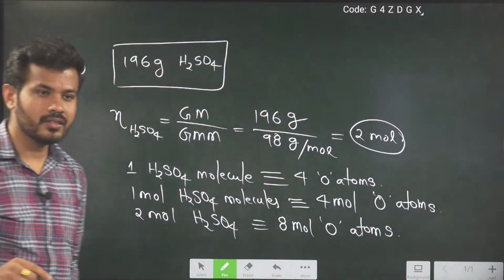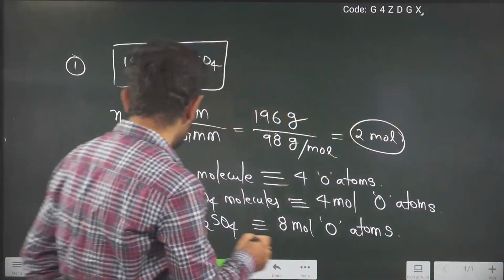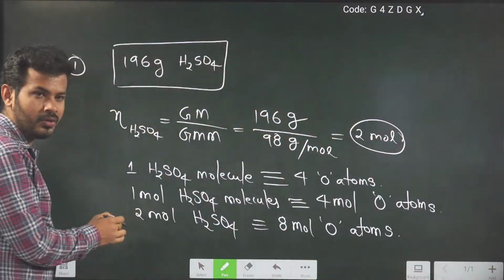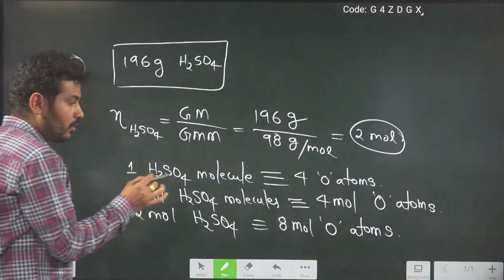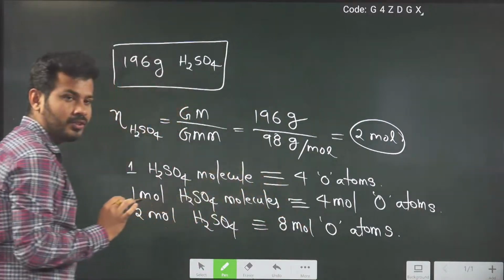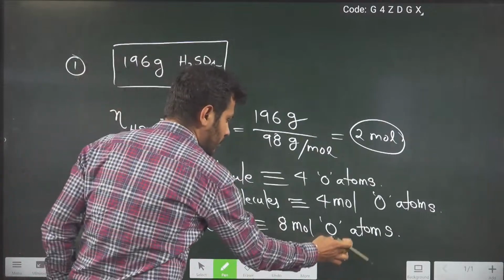Yes, sir, isn't it 4 molecules of O2 in 2 moles? No, it is not 4 molecules of O2. I have asked for oxygen atoms, and we got oxygen atoms. If you want molecules instead of atoms, if you want molecules,